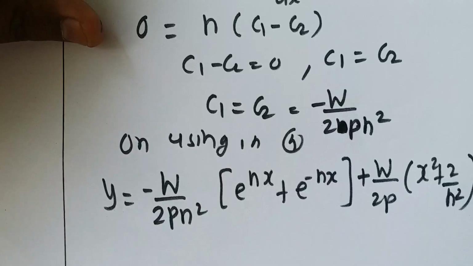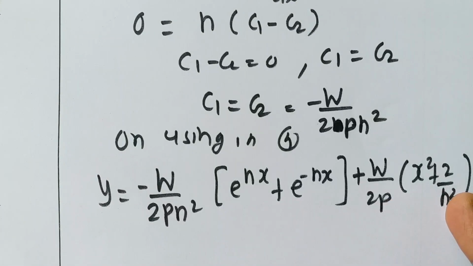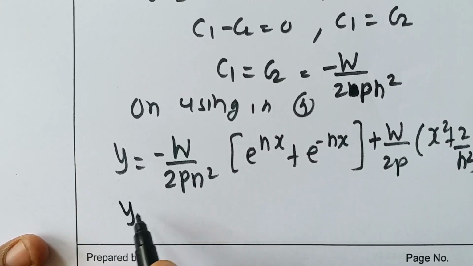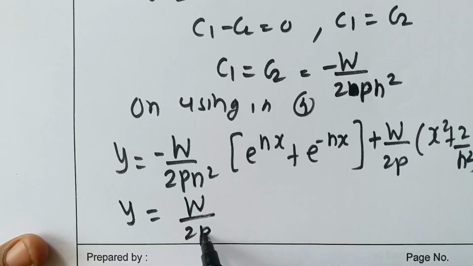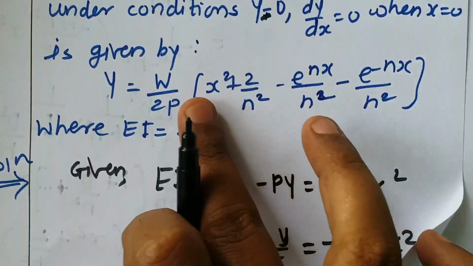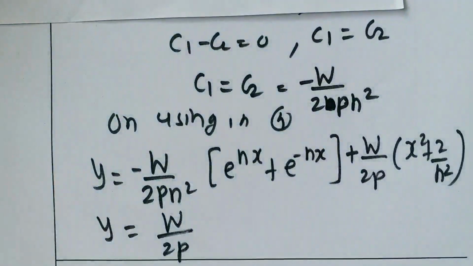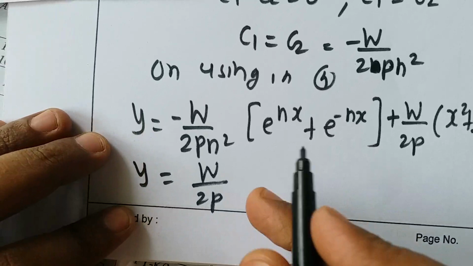Okay, now for proving the required result, we need to take w by 2p common from all the four terms. So this is the first term, second term, third term, fourth term. If you take w by 2p common from all the terms, if you see the question, we need to show this w by 2p is common. So after taking common, these terms should remain inside. So that we have to check. Okay. So if you take w by 2p common, what will remain? Those terms you write.